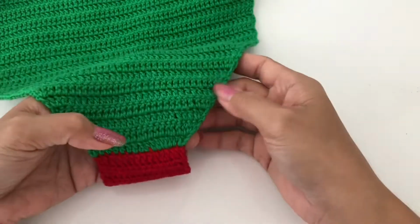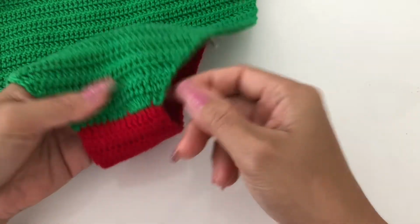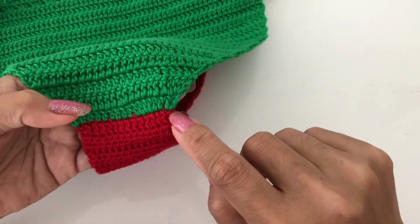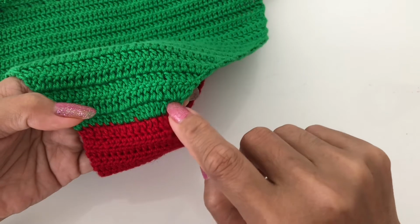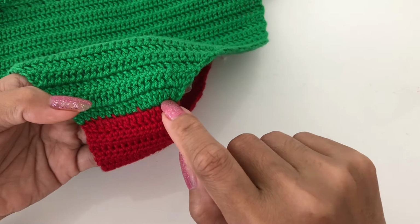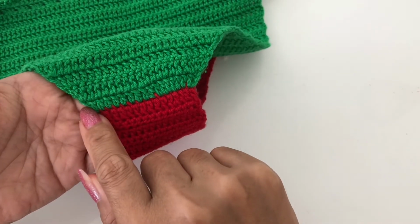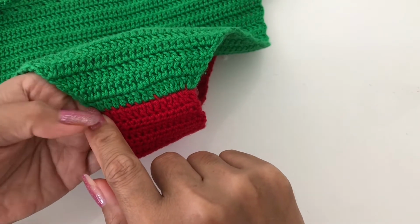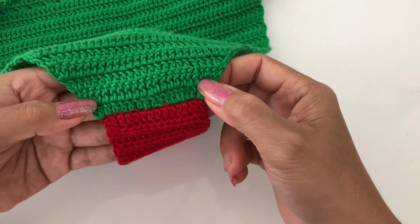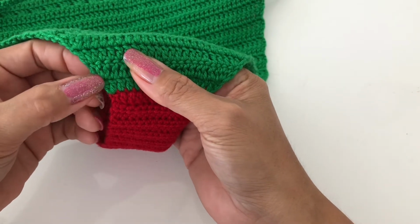So what happened here is you chain 3, and then in the same stitch you put 2 double crochet, and then 1 double crochet in each chain here, and then at the end is 2 double crochet. That's where we have increased. And then the second row at the back, so 3 double crochet, chain 3, add